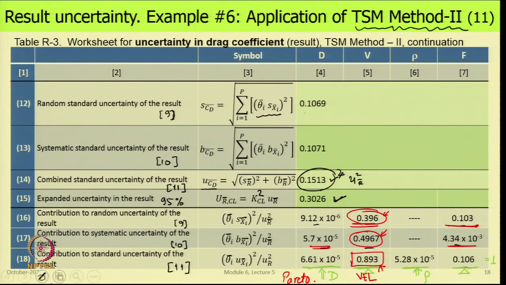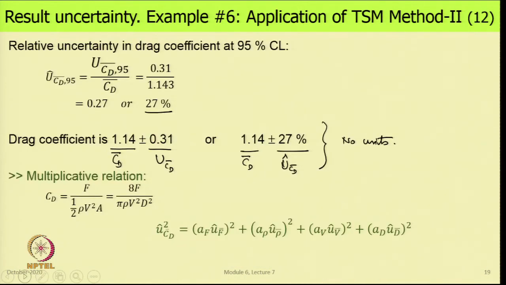So, that is a lot of information that came out because we have Taylor series method 2. Taylor series method 1 would not have given us this much detail. We also have another option. If we look at the drag coefficient formula, this is 8f by pi rho v square d square. This is a multiplicative relation. There is no addition, no subtraction. So, we could have taken a shortcut,